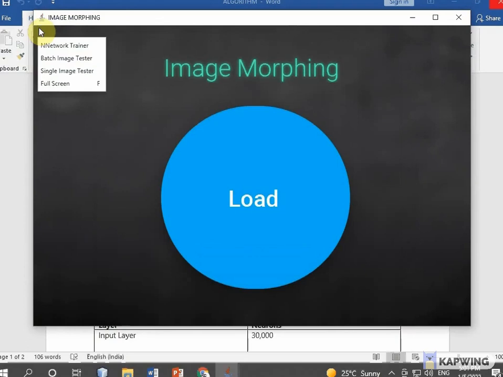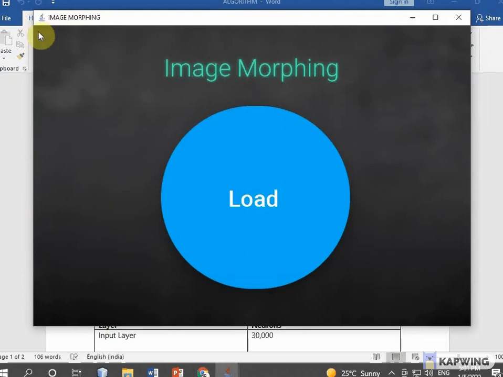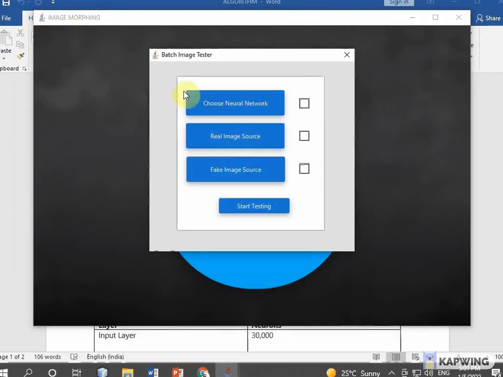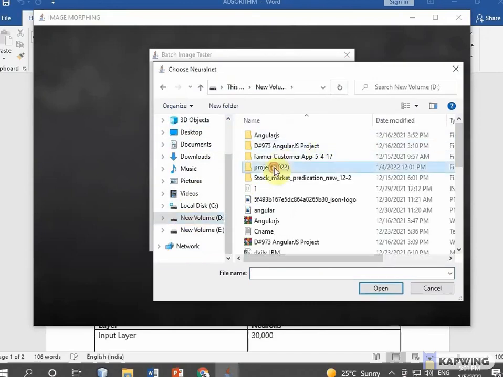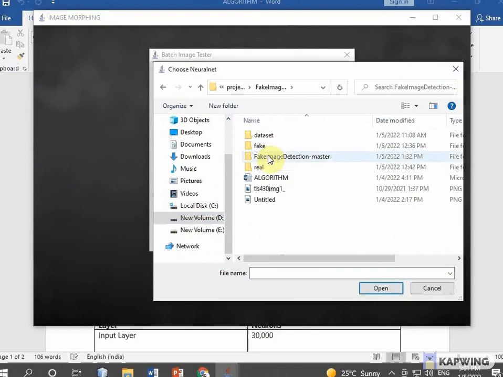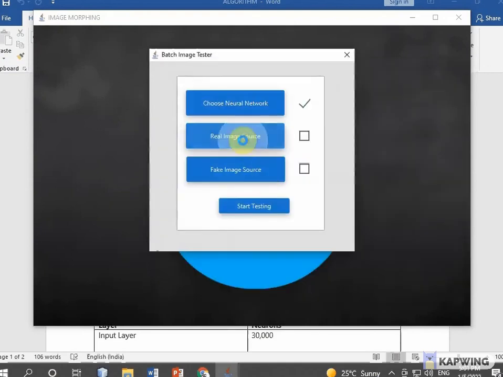After that, here is the batch image tester. Here we have to select the neural network, real image source, and fake image source. Here I am selecting the neural network, then the real image source.